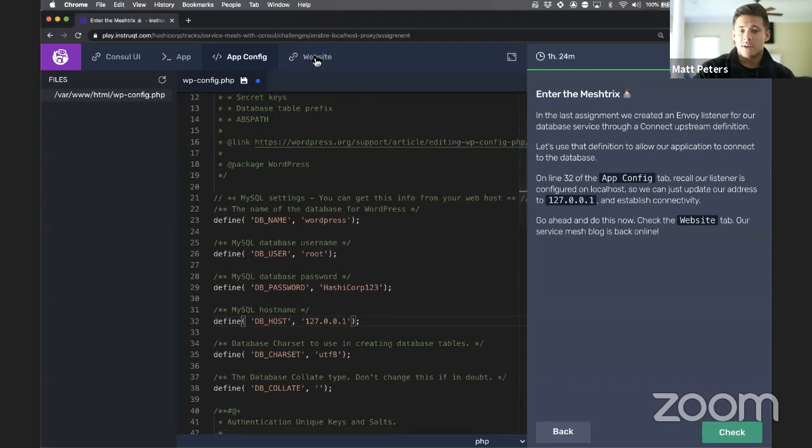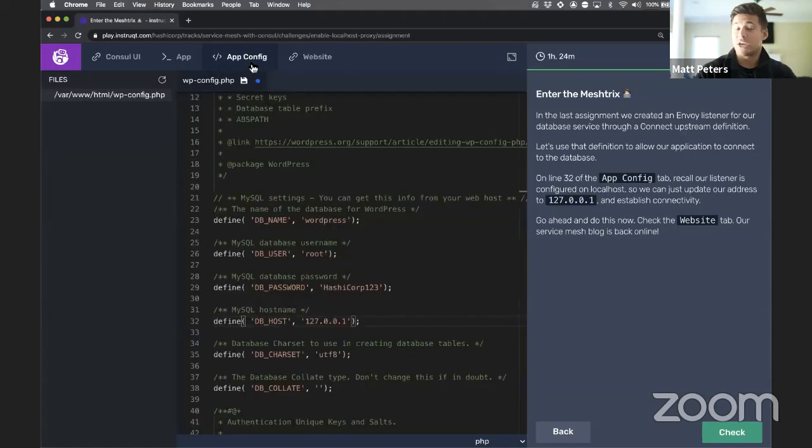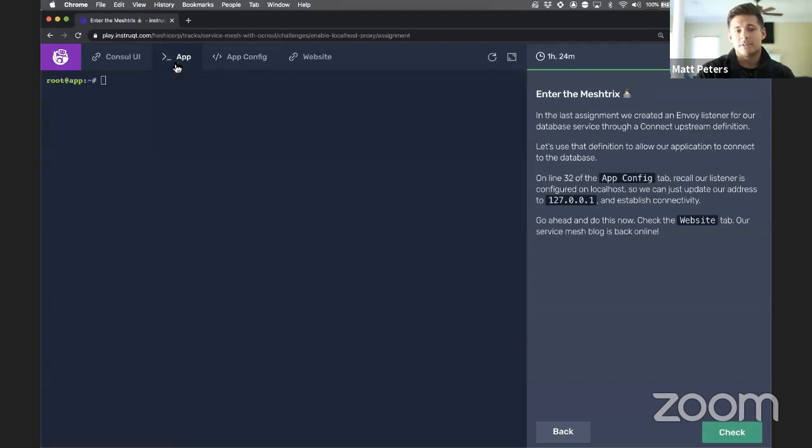What you'll see is that the website is currently not working. My website app isn't working because I have to make sure that these configuration changes do happen in the backend, which is in our simple PHP file here. So again, I'm going to save it. This listener is now listening on localhost since we've configured the proxies themselves. I'm going to head back to Consul,